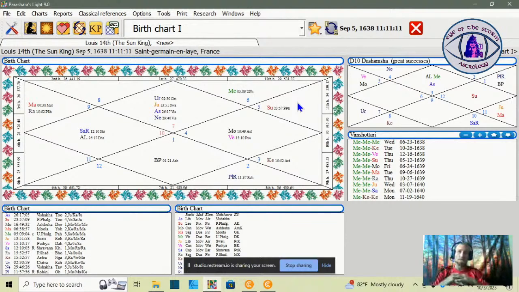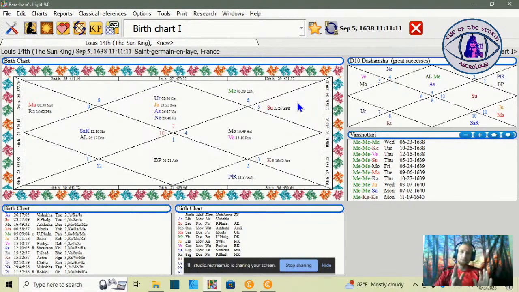And we'll continue to break this down further, but I just wanted to highlight that point right off the bat, because it makes it such an obvious point as to why it's important to use the correct calculations, because if you don't, you're going to be missing a lot. As well as when we really look at the nakshatras in his chart, a lot is revealed, as always goes the case with nakshatras. And again, that's another big reason why I choose to practice Vedic astrology.